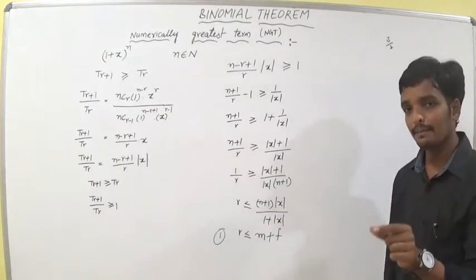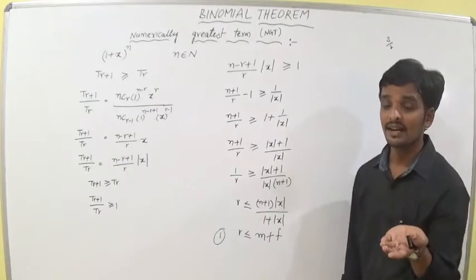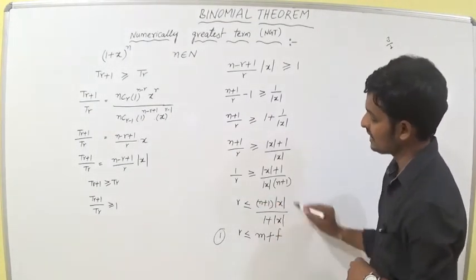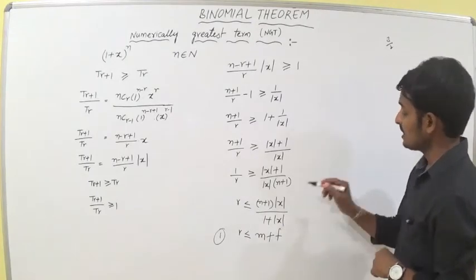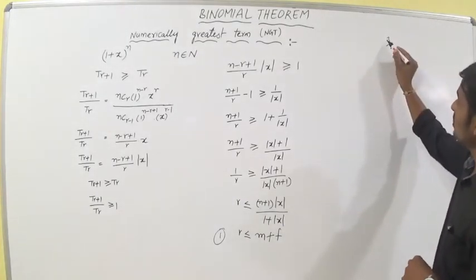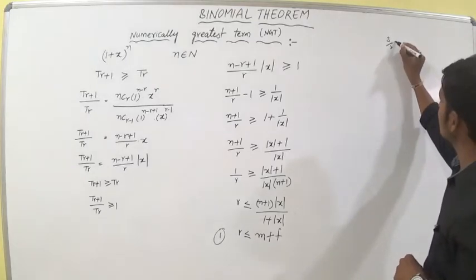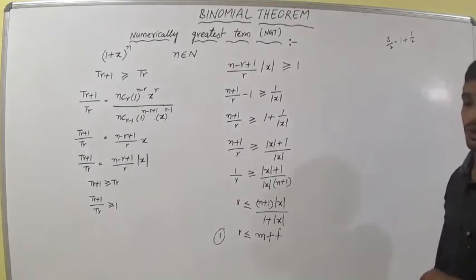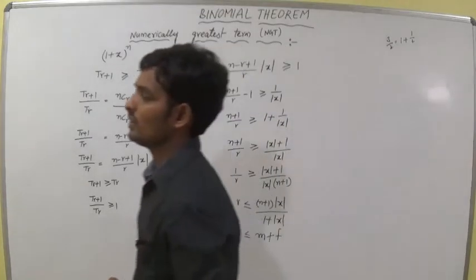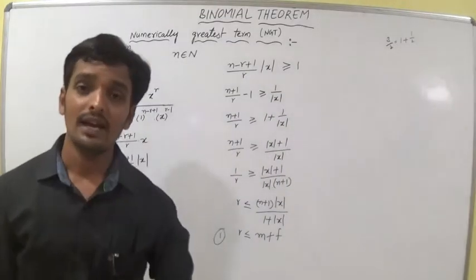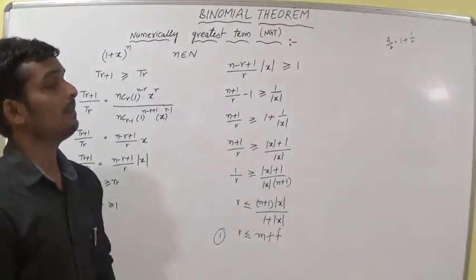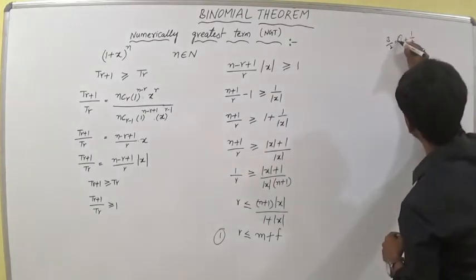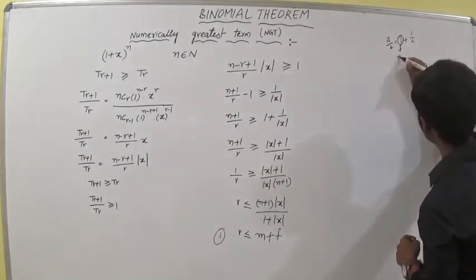The value is m. Either m is an integer or not. Now this is either r. The value of r is either an integer or not. For example, in one of the cases we are getting 3 by 2. So I am writing this as 1 plus 1 by 2. That means they are giving an improper fraction, and I am converting it to a mixed fraction. 3 by 2 is equal to 1 plus 1 by 2. In this case, this is the value of m.